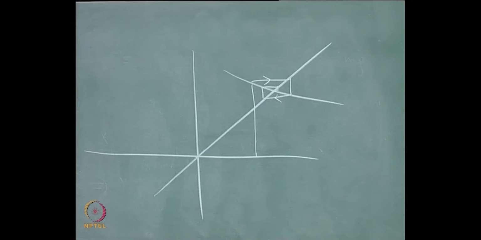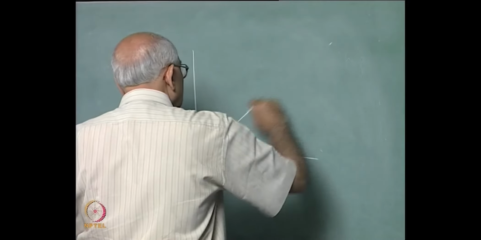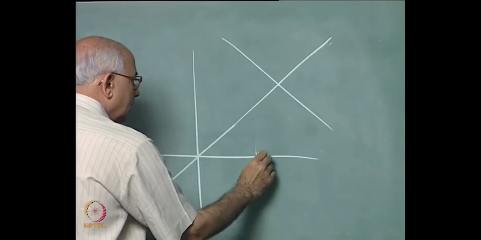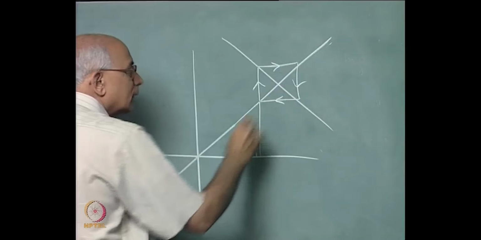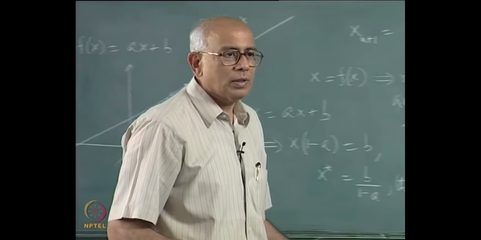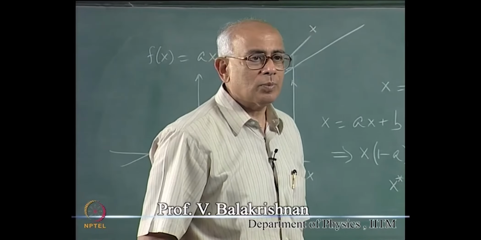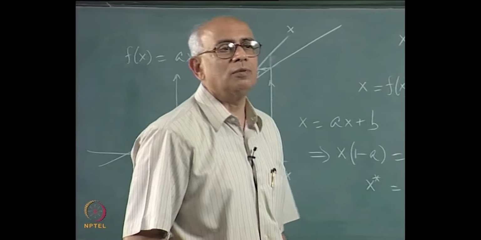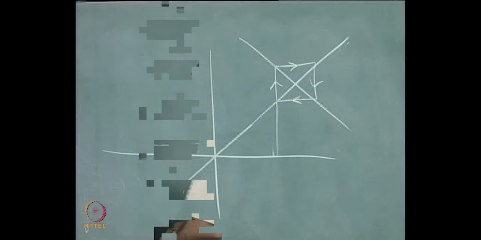What happens if the slope is exactly equal to 1 in magnitude? Well, let us take something which does just that. So here is this slope and the other guy is also at 45 degrees, then if you start here, you go down there, you come back, you get into a loop, you go neither closer towards it nor do you go further away from it. So you can't call it a stable fixed point or an unstable fixed point, it is an indifferent or marginal fixed point. So we have our first criterion which says that a fixed point